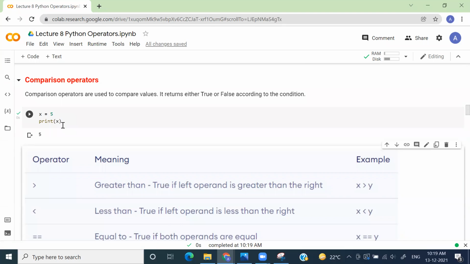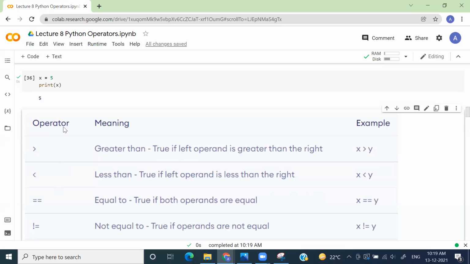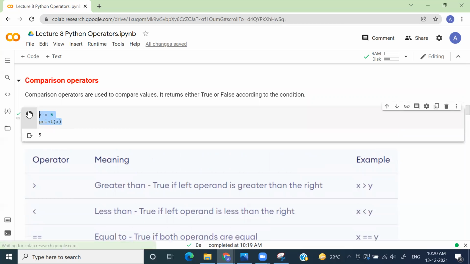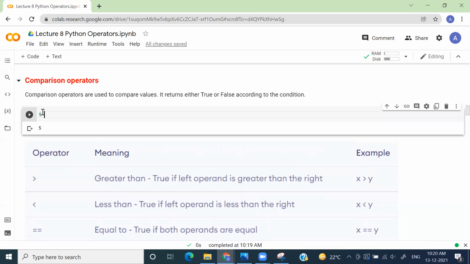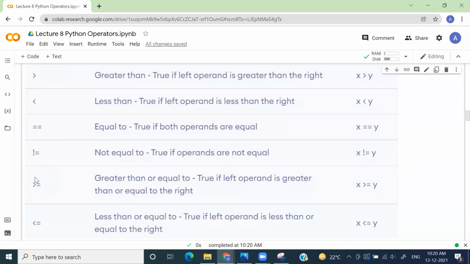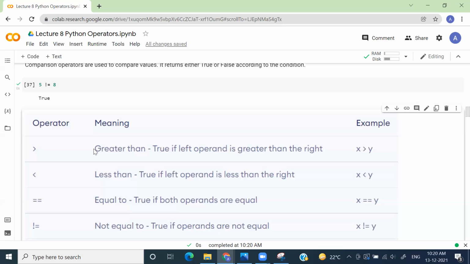Whereas if I do double equals, that means I'm checking whether 5 is equal to 5 or not. Similarly, we have exclamation equals, which means not equal to. So if I do 5 != 8, it should give me the output true, right? Because 5 is not equal to 8. This is the greater than or equal to symbol, and this is the smaller than or equal to operator. These are the main comparison operators we have.